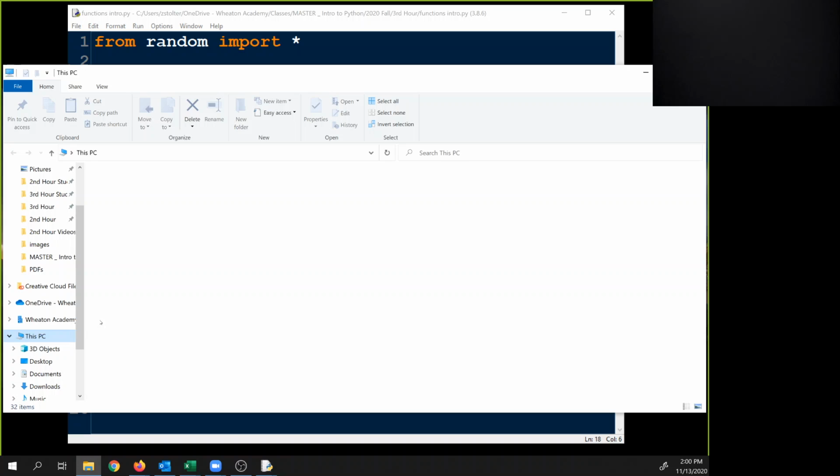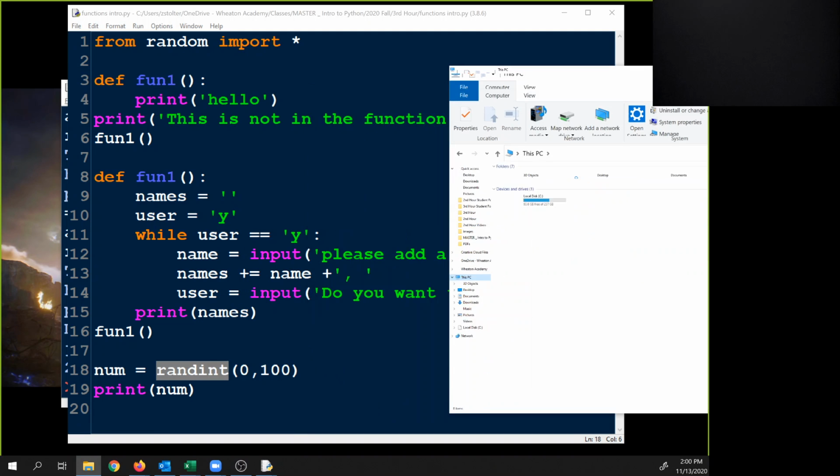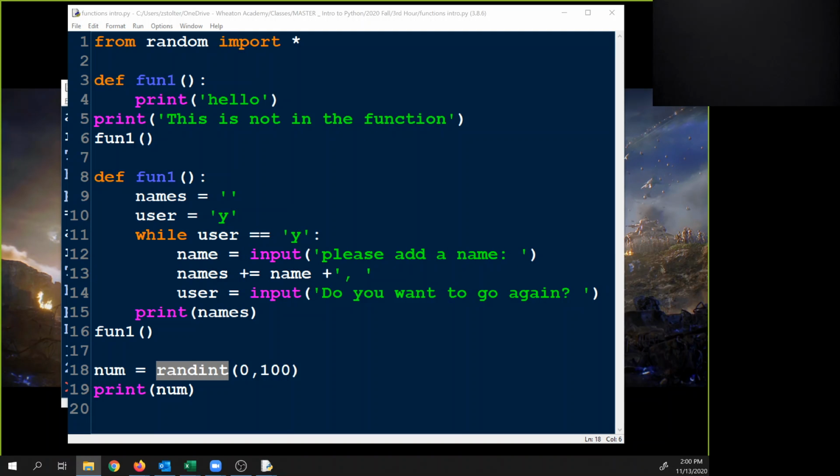Quick question, will we need to know void and value return, like examples of those, for the test? I think it'll be a quiz, and you will need to know the general difference between the two. So one displays information, and that's void, and the other one will actually give you a value in return. So if you look here in